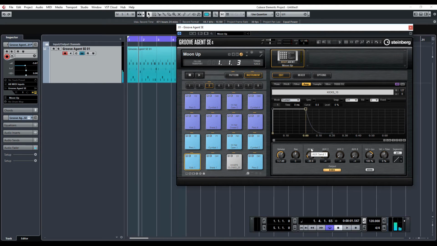So you can see I've only really again touched the tip of the iceberg with regards to this, but you can see how powerful Groove Agent can be. Not only can we drag and drop MIDI files to create loops, we can go in and create MIDI files to trigger each individual sample. We can also replace samples within kits. And of course, there's nothing stopping us saving this kit as our own kit as well, so we've always got it there. So for instance, if you're doing a house project, it's maybe worth going through your samples, getting a nice collection of house kicks, snares, claps, hats, saving it as a house kit,